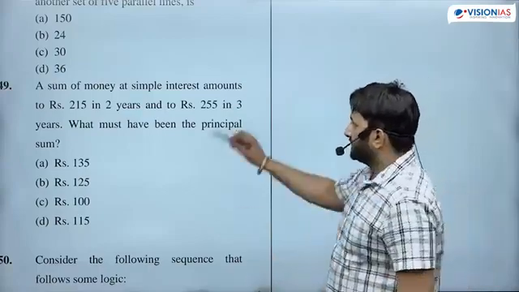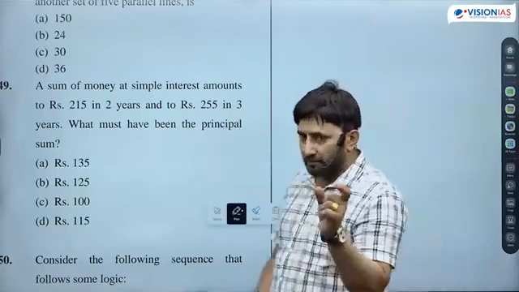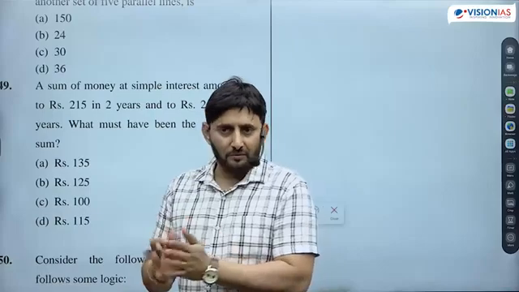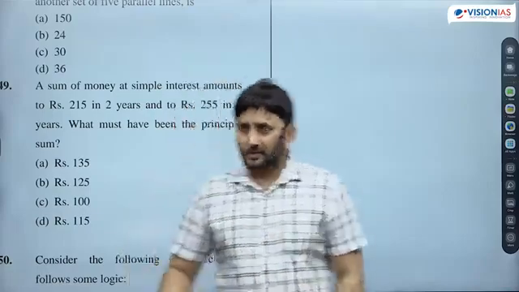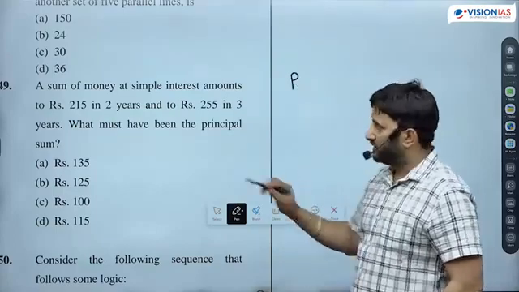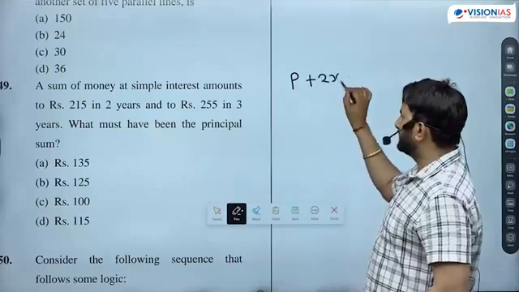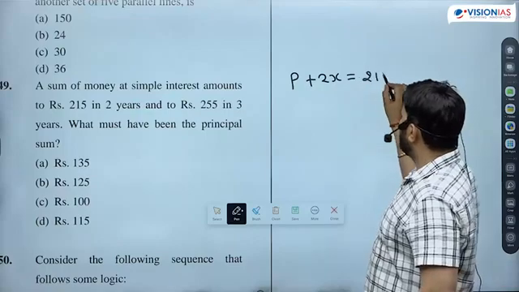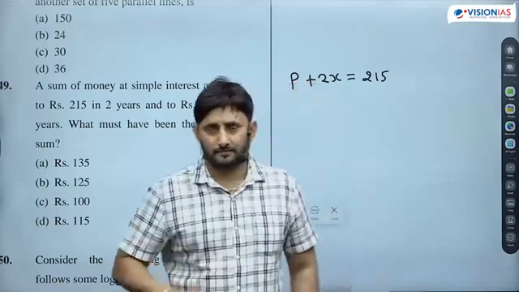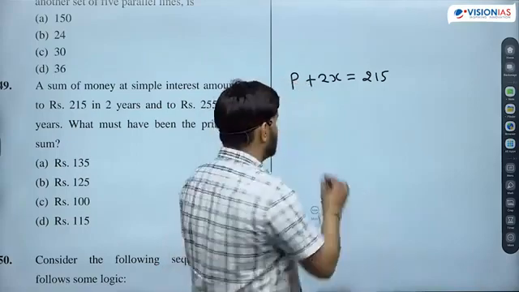A sum of money at simple interest amounts to 215 rupees. बेटा सिंपल इंटरेस्ट में क्या होता है, principal is constant और the amount will keep on increasing by the same value. ठीक है ना, तो इसमें हम मान के चलते हैं कि P is the principal and 1 year interest is X rupees. So what is this 215? Principal plus 2 years interest, that is 215, and 255 in 3 years. What should be the second equation? क्या बनेगा बच्चे? Principal plus 3 year interest, P plus 3x,